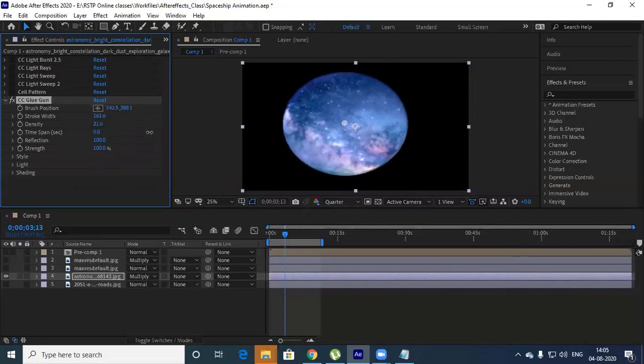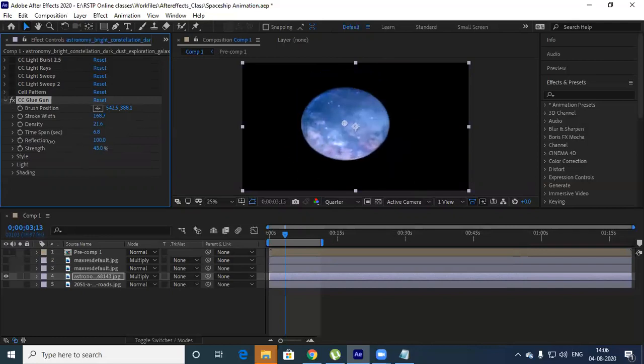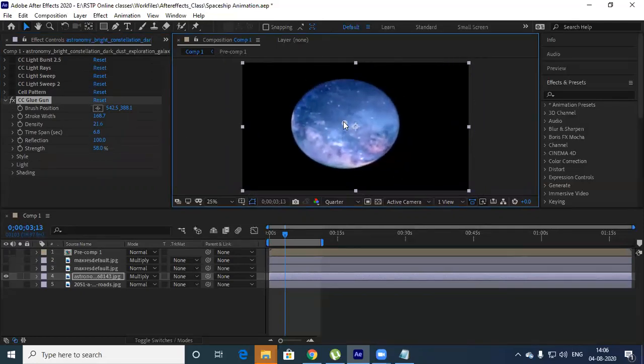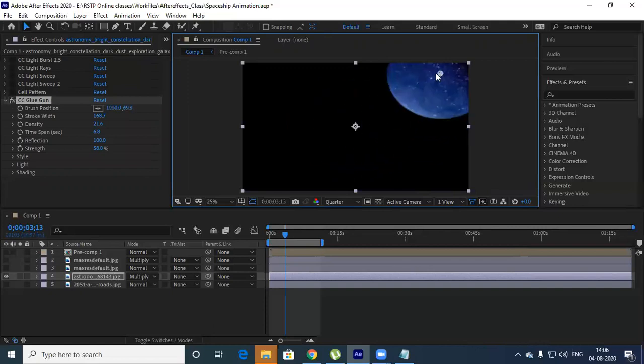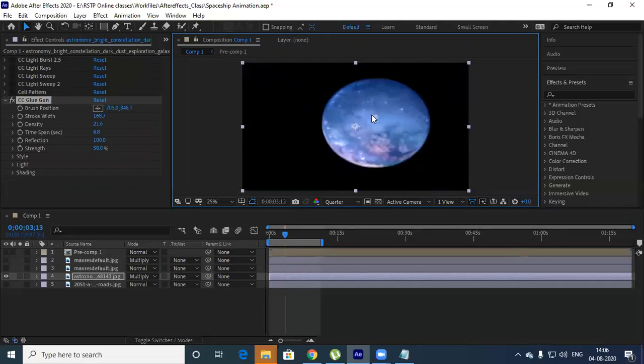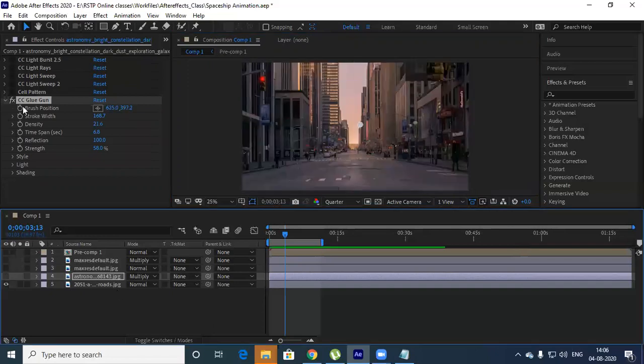Sort of the same thing that James Bond has. Stroke width you can even increase. Strength you can increase or decrease. Okay, reflection is fine. There's a movement you can do. Not this one. Like this kind of things. It looks really cool. Okay, fine. Try this. So that's with this.